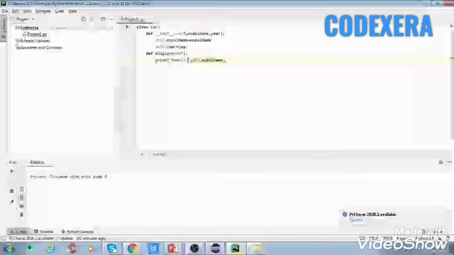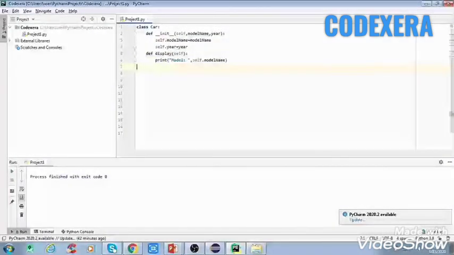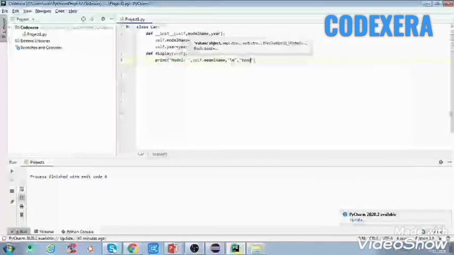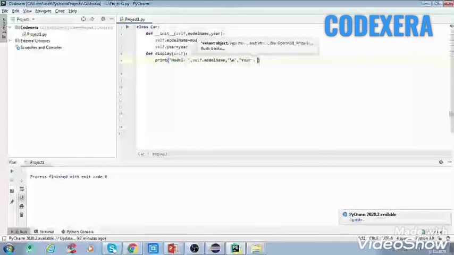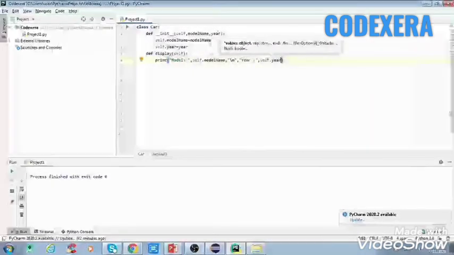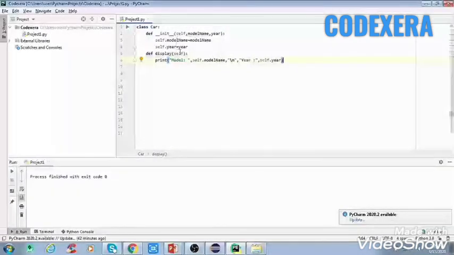Then we'll print self dot year of manufacture, so self dot year. Why are we writing self with these attributes?